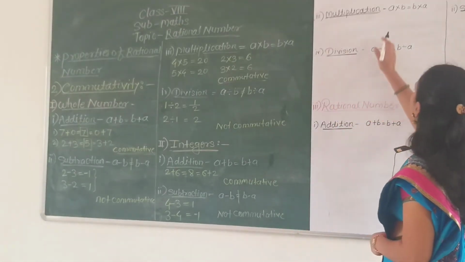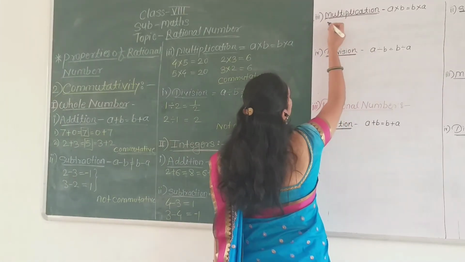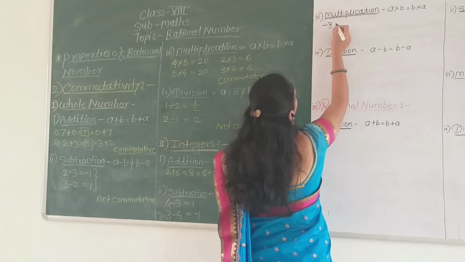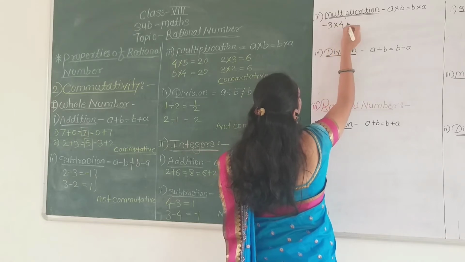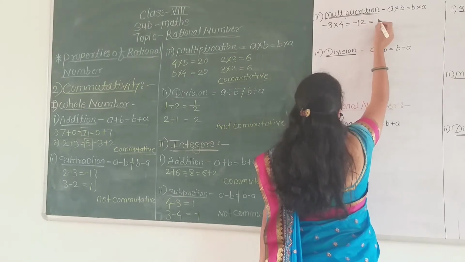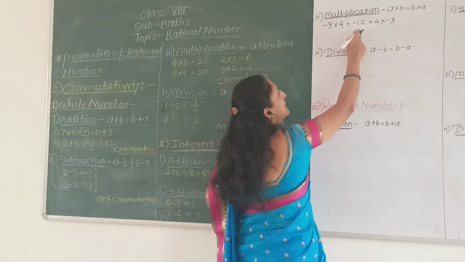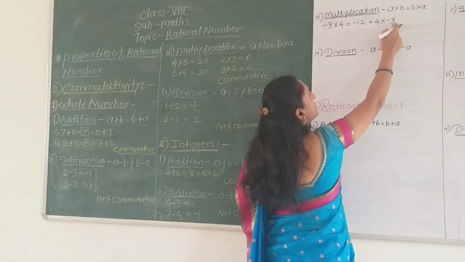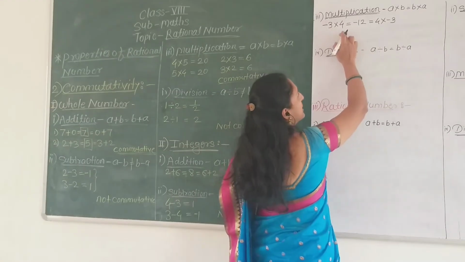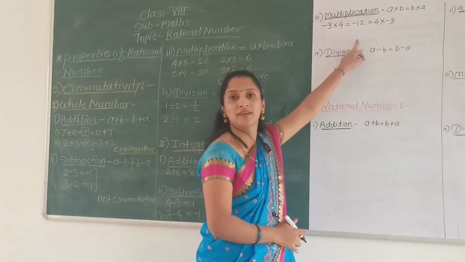Okay. Now consider next mathematical operation, which is multiplication. Now let us check for the multiplication. Here we take two integer numbers, that is negative 3 and 4. So negative 3 into 4 we get negative 12, and which equals 4 into negative 3. Now negative 3 into 4 is negative 12. Also 4 into negative 3 is also negative 12. That means if we change the places of the numbers, it does not affect the answer.